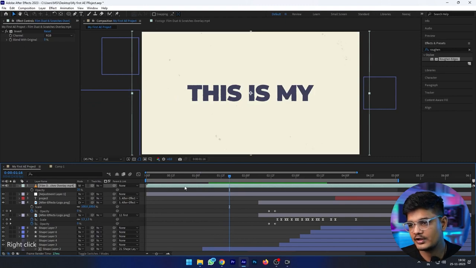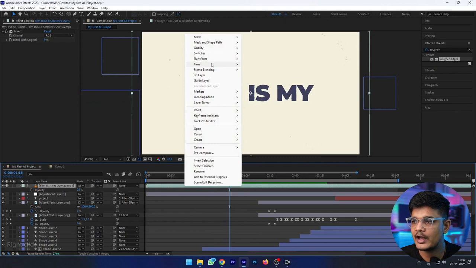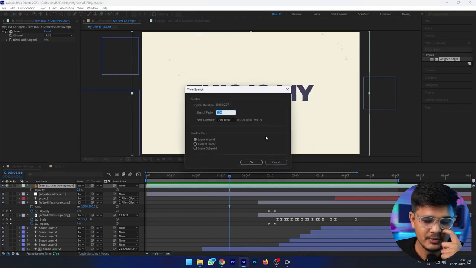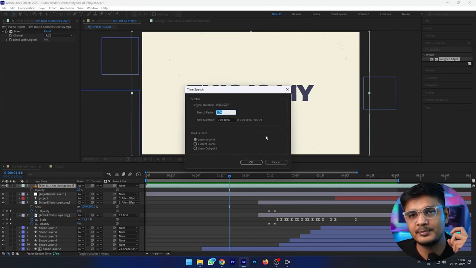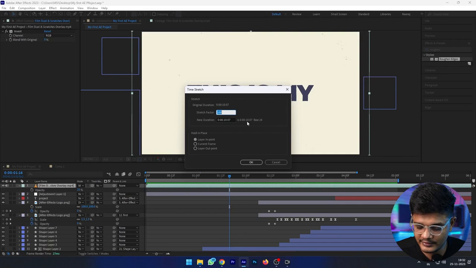You can either right click over here, then go to time, then time stretch. When we use Premiere Pro, it shows us speed and time, but here it is time stretch. In Premiere Pro, if we want to decrease the speed, we used to go from 100 to 50%, but here it is not working on speed, it is working on time. So if we want to decrease its speed, we need to increase the stretch factor.